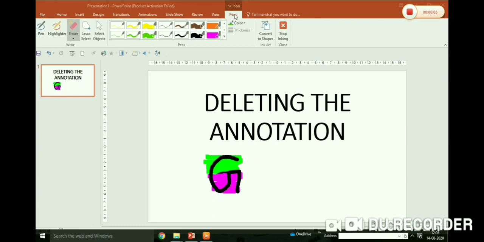Okay, for this select the eraser tool in the right group on the pen tab. Okay, click on the required eraser type by clicking on the drop down arrow of the eraser option. Okay, you can see stroke eraser, small eraser. Firstly I'm taking stroke eraser, it deleted all the data. Then I'm taking small eraser. Okay, you can see I'm also having a medium eraser here. You can take medium eraser also according to your need. So this is the way you can erase your annotation.